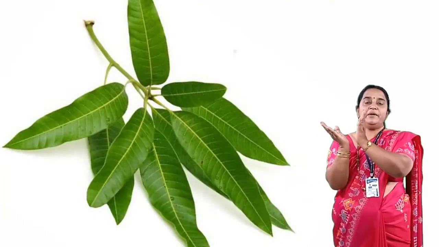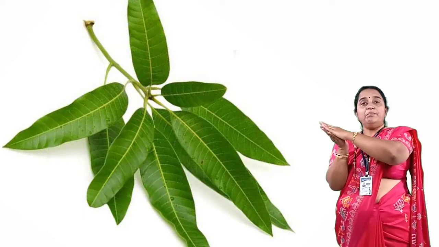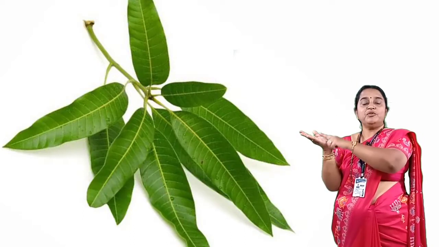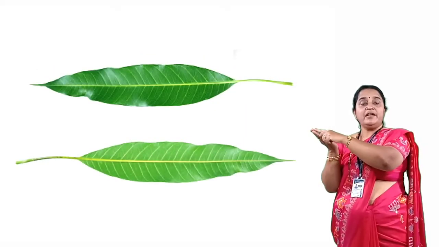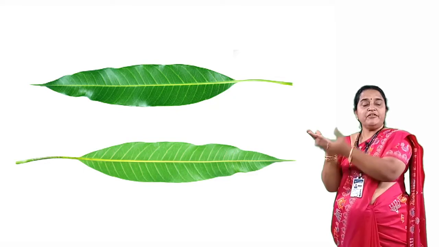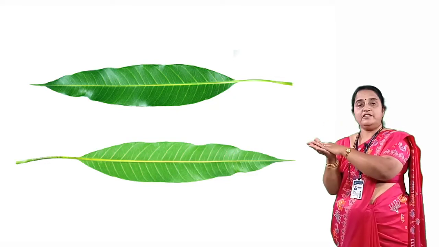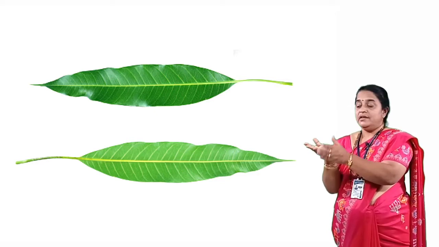While in mango tree, you take any dicot tree and observe the leaves. Leaf is petiolate. It will make right angle to the stem. So naturally, upper surface of the leaf is exposed towards light. Hence, it appears dark in color, dark green in color. While lower epidermis is away from the light, so it is slightly pale in color. So we can easily differentiate dorsal and lower epidermis.